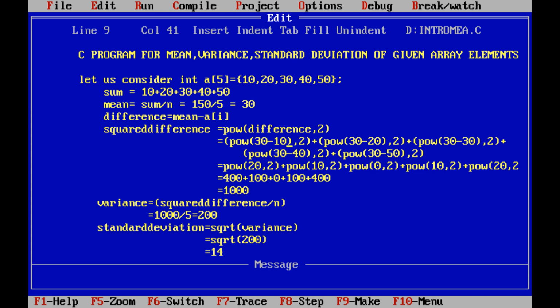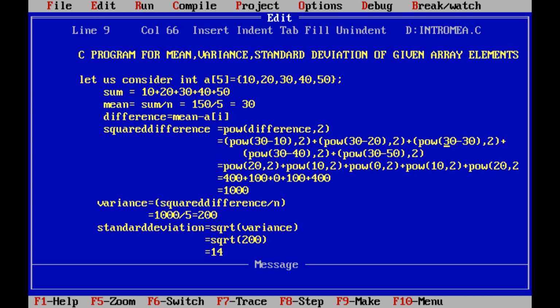So that can be represented as pow(mean value 30 minus first array element value 10, 2). Next pow(mean value 30 minus the second element in the given array, 2). Next pow of the third element in the given array and mean value 30. The third element in the given array is 30.